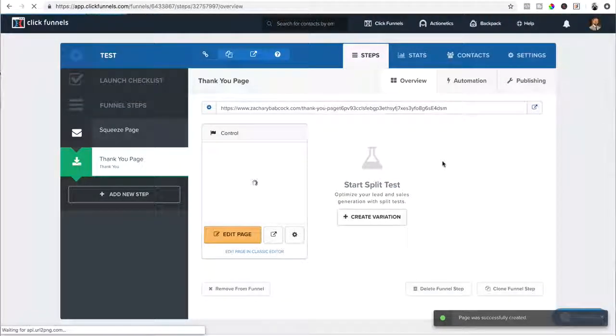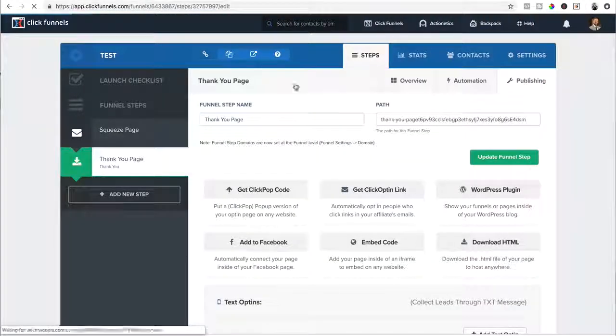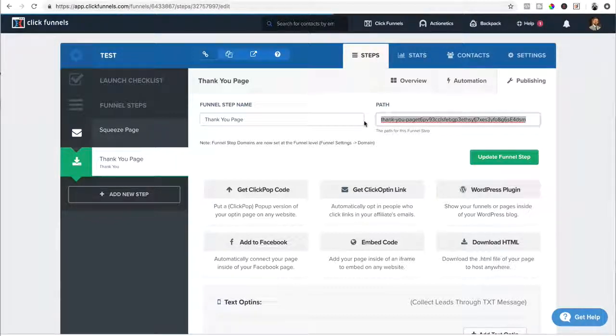And then once I get it right here, first thing I want to do is set up the publishing, which is like the path. So, you know, I can name it whatever I want, and then I would put test 2 to name that. I would never send anybody the link to a thank you page. Obviously you want to send them the link to the opt-in page,